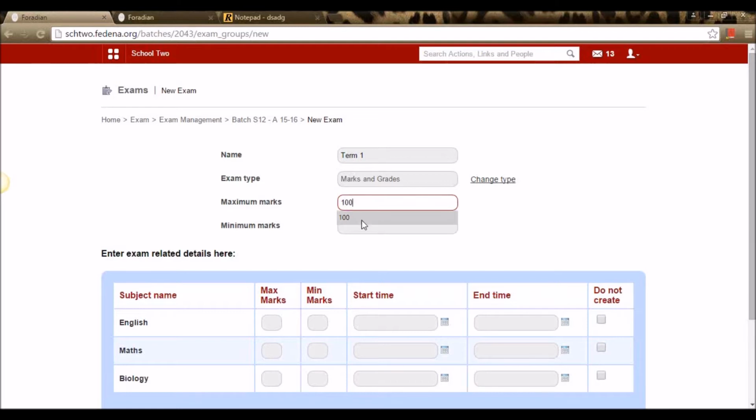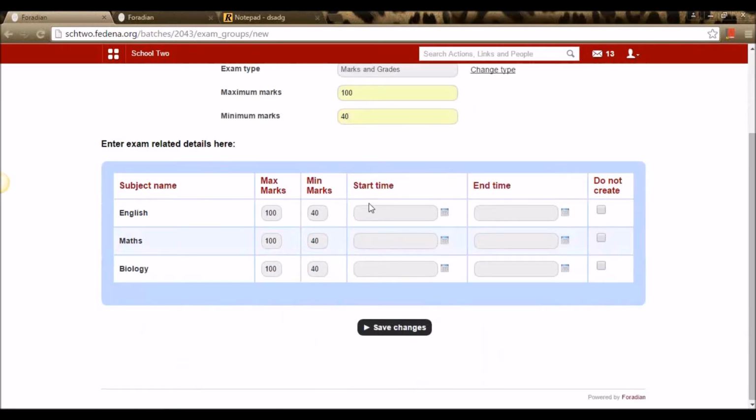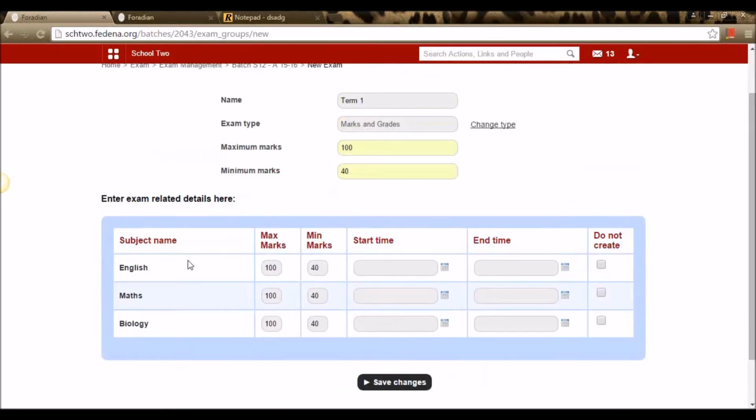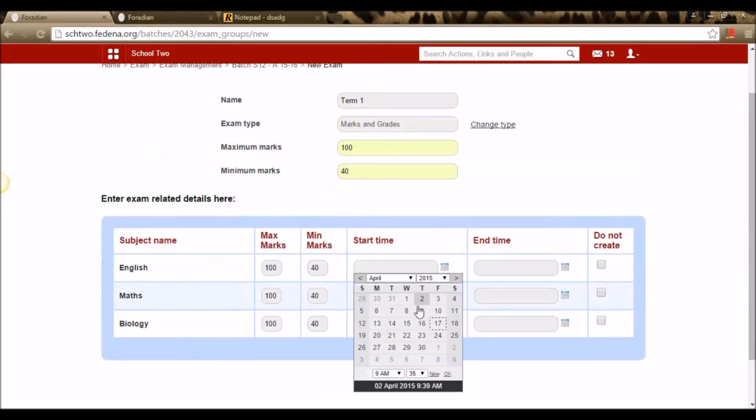Say I'm giving the maximum mark as 100 and a minimum mark as 40. This course has 3 subjects, English, Maths and Biology. Now I'm setting timetable for the exam.